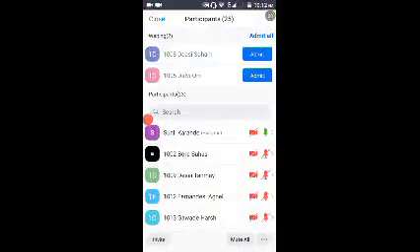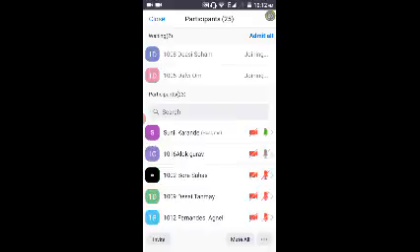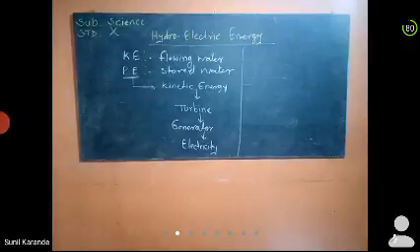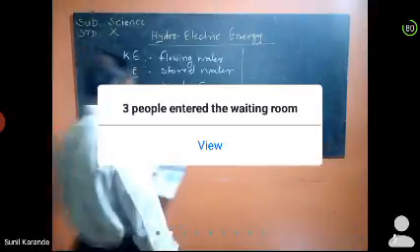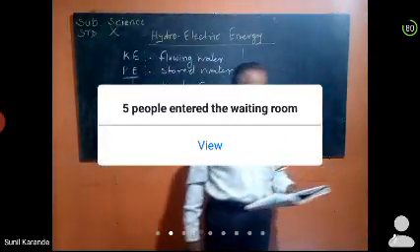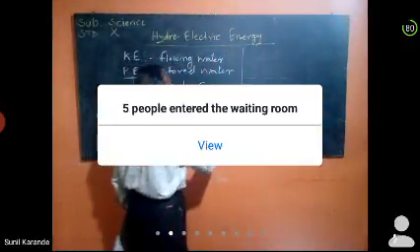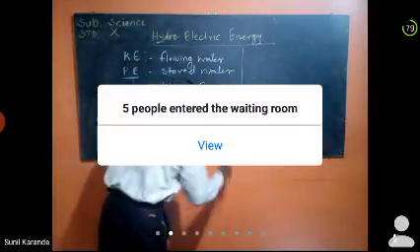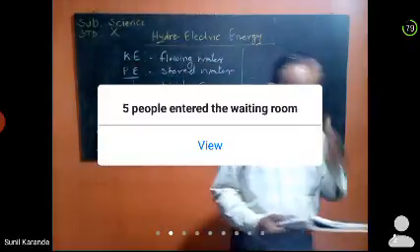Chart number 5.16. First is potential energy in water, which converts into kinetic energy. This kinetic energy makes the water flow, which then converts into kinetic energy of turbines. This kinetic energy of turbines converts into the last one, electrical energy. This is the transformation of energy in this hydroelectric plant.